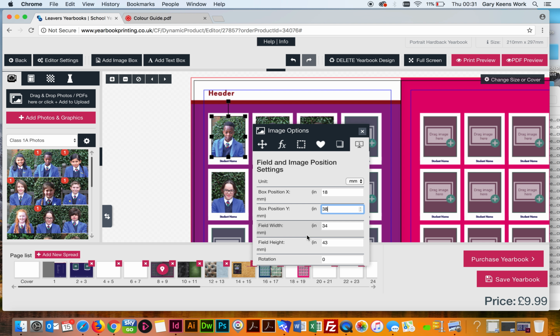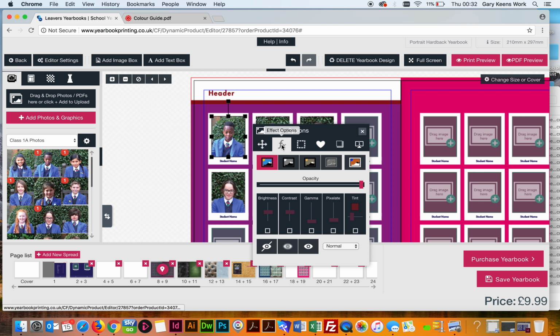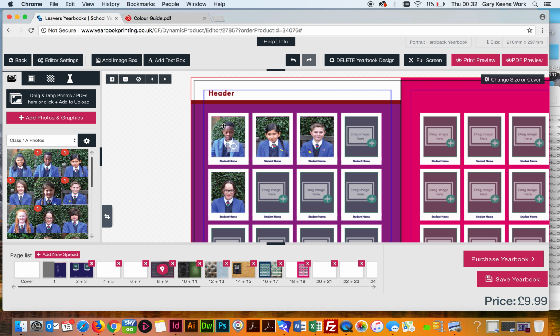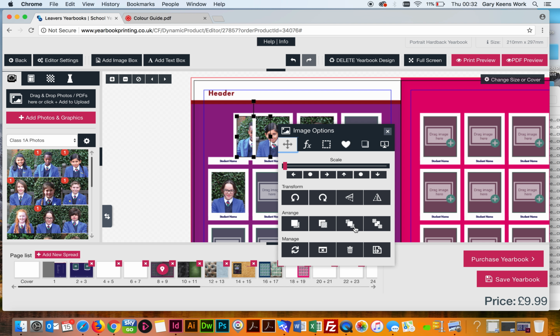So you can do exact control of photos and any box, whether it's a photo box, a text box, a clip art box, as you would in a professional desktop publishing package. You've got functionality within your image box, the same as you've got on text boxes. So on the images, you can have opacity, which is transparency. So if I show you an example of that, if I move this image, because it was the first image in the package, to the front,